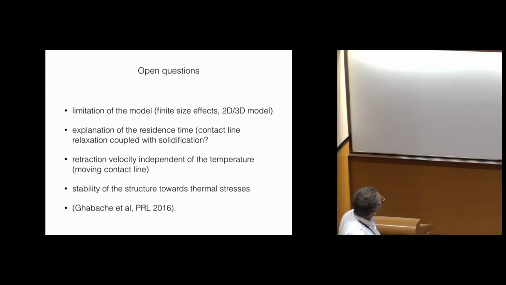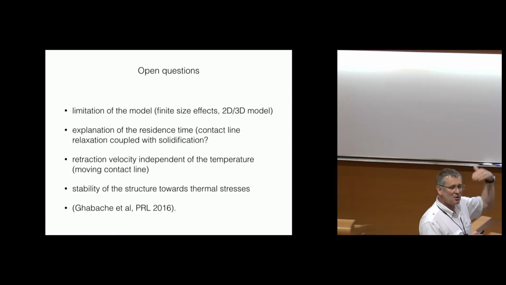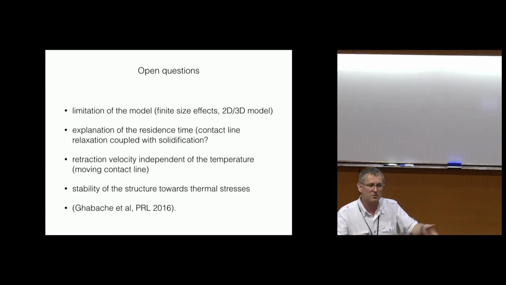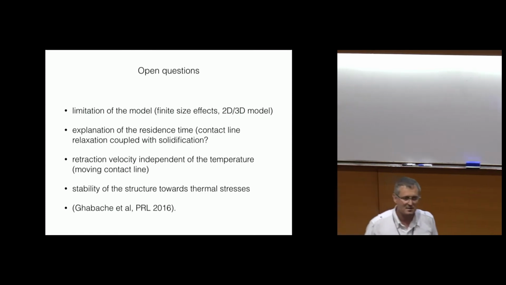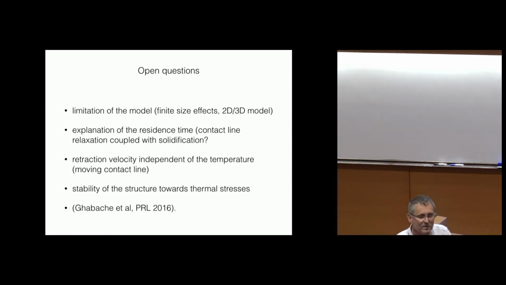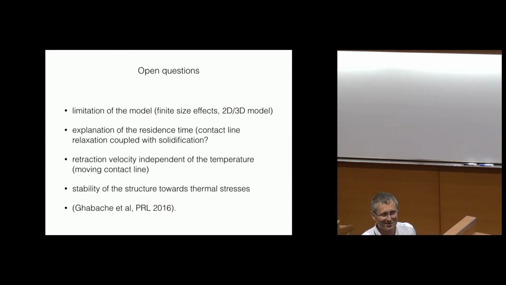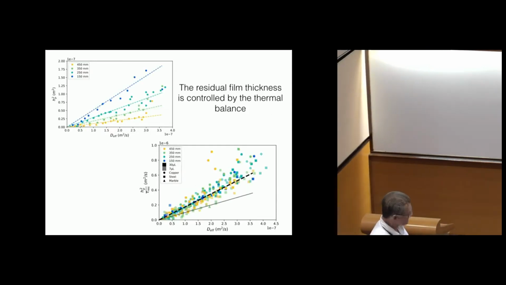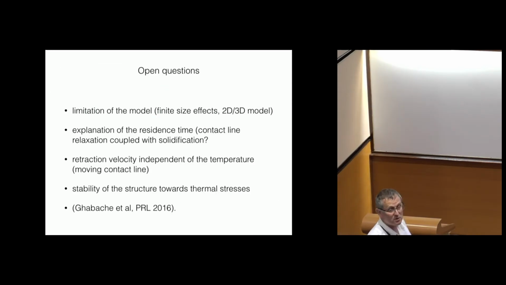We need to understand a little bit more about the retraction velocity, which seems to be independent of the temperature. That means we see almost the same velocity as you retract on these substrates and on the ice. And as you say, there are things to understand about the moving contact line and its dynamics. Maybe you're right with the 0 degree, but you have some advancing and retracting contact angles that should be considered. I have no clear idea of that, but definitely this is something we want to understand more and maybe measure more.